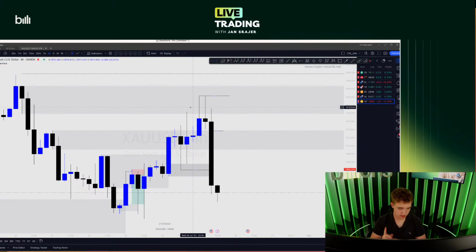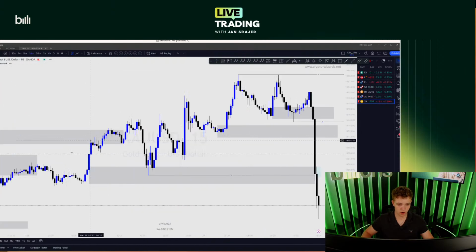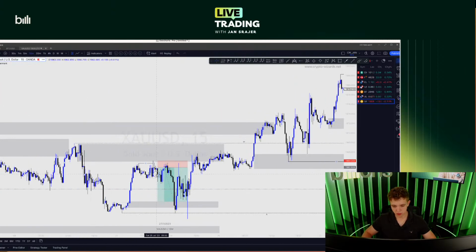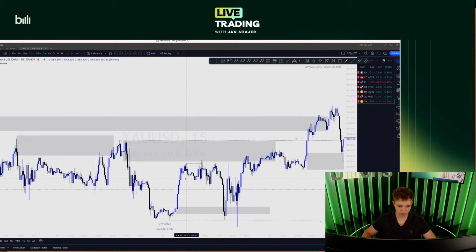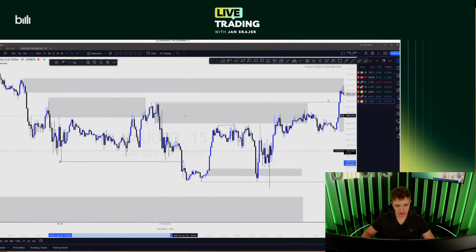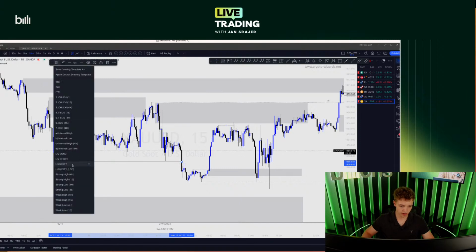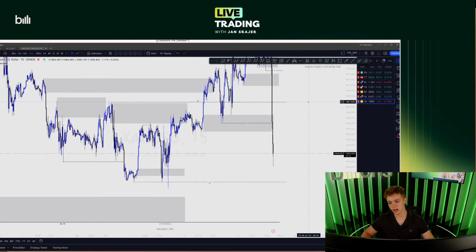I can take you through the liquidity sweep that I was paying attention to. Basically, we were looking for these two lows formed on the 15-minute chart. So if you go down there, I'll show you this. As you can see, we formed a pretty decent liquidity pool right here with plenty of lows created on the chart, so plenty of stop losses set below this low. We swept the liquidity, we created a really nice entry model, and this gave us a pretty good opportunity to take this move to the upside.